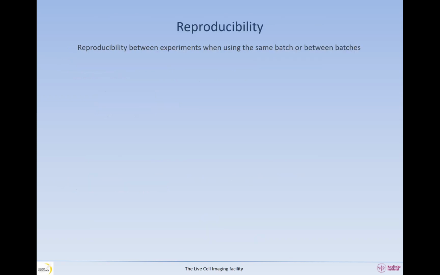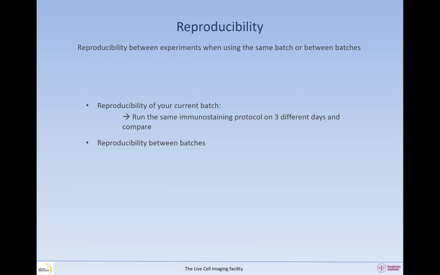Now, reproducibility between experiments, when using the same batch or between batches. If you want to check the reproducibility of your current batch, run the same immunostaining protocol on 3 different days and compare the results that you get. Obviously, you should get the same. If you want to compare reproducibility between batches,